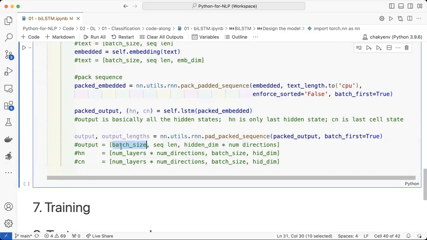So this output basically has a sequence length, so it contains all the hidden states for all the sequence length, but it's only contained for the last layer, right? So that's why it has this hidden dim times num directions. But for HN, it has the last hidden states of each layer, right? And of course, for each layer, if you have two directions, then you have that number of HN, right? So for example, if you have three layers bidirectional, then you will have